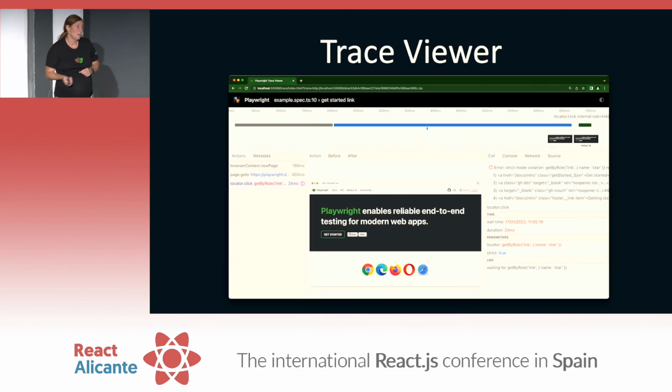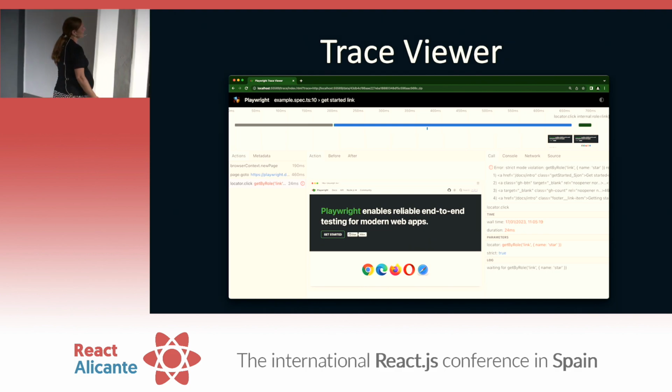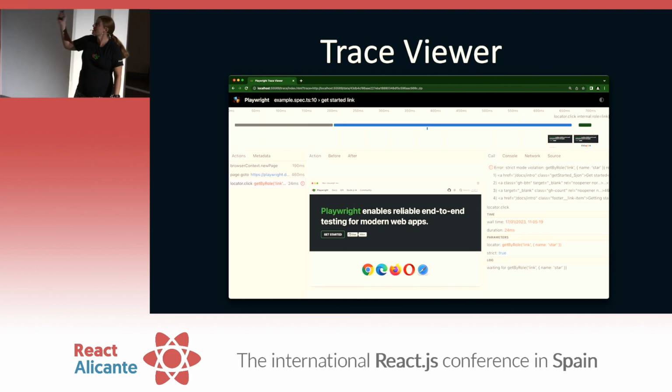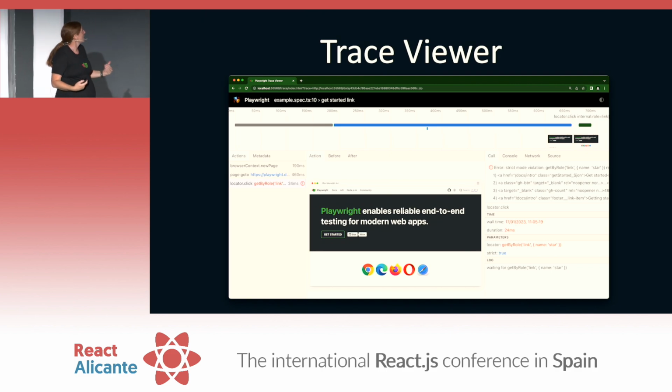And then we got trace viewer, because sometimes it works on my machine. And then you push it up to GitHub, and on CI it fails, and you're like, no, what do I do now? And this is how you debug on CI. You have the same possibilities as you do in development, but from CI you will download the trace of that test, and you'll be able to debug it like you were in development mode.